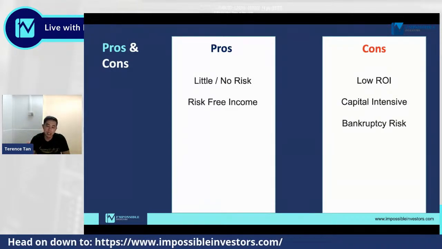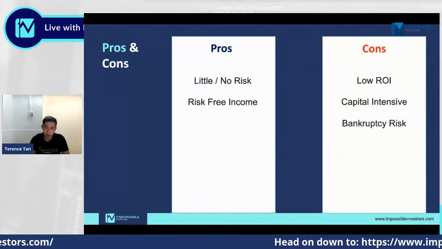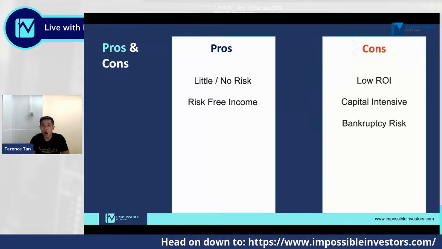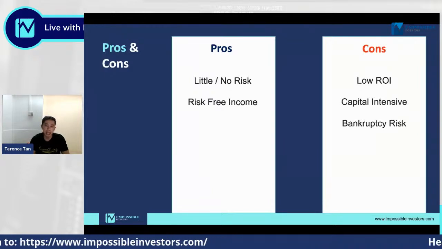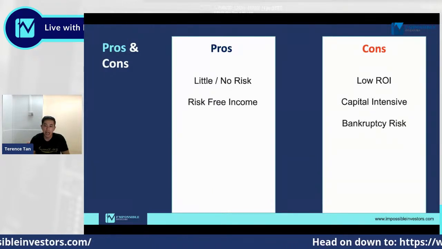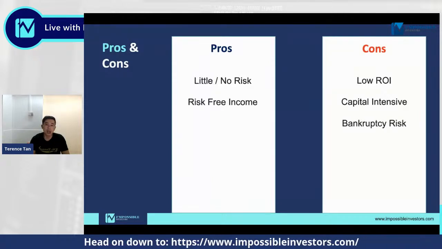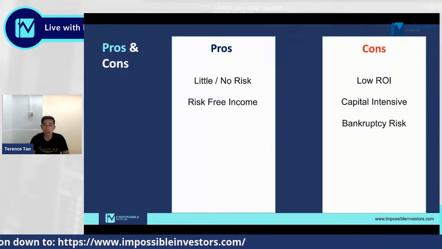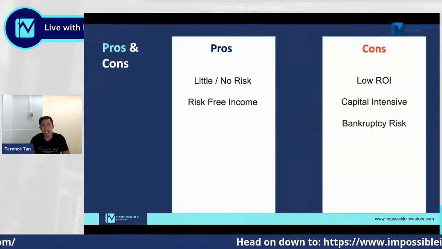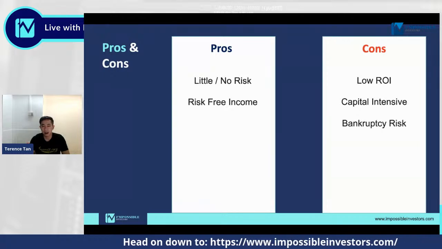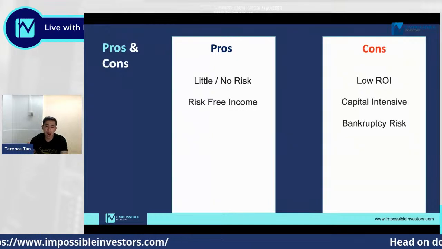Now cons, is there a con to the strategy? Low ROI, I'll actually challenge that. I'm not sure why I put that down over here. Low ROI if it doesn't go up, but if it really continues to shoot up, the ROI can be really, really interesting. Now capital intensive, yes, definitely. If the stock has gone up, buying a call option that's at the money is going to be costly. But you're using your profits to pay for it anyway. So keeping the stock would have actually been costlier in terms of a risk perspective. So cons over here, I will take that away.